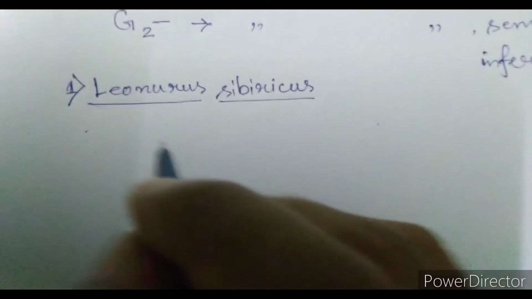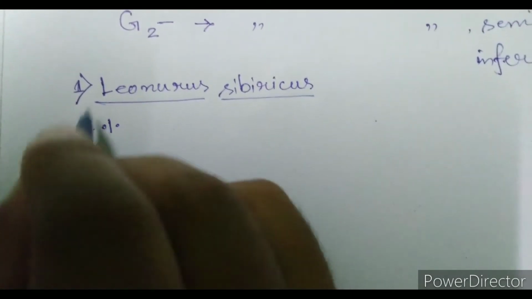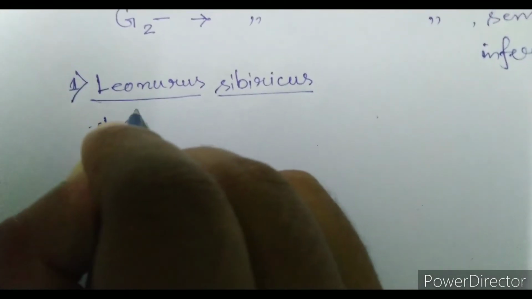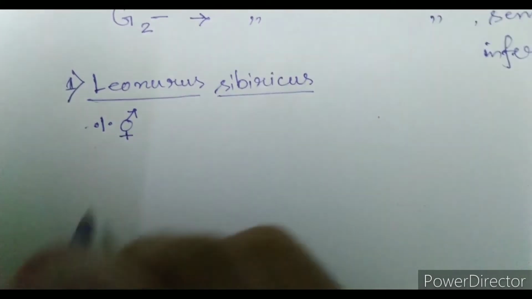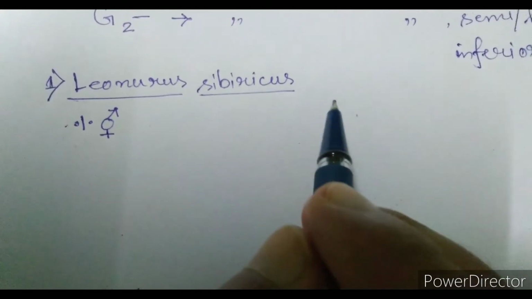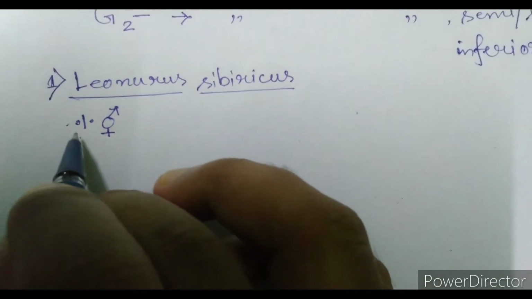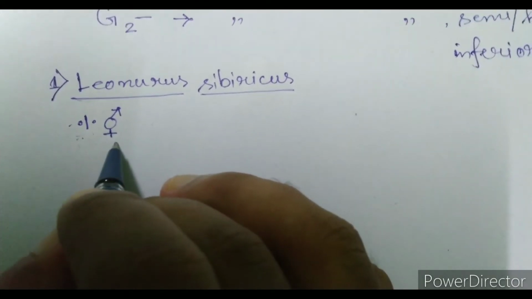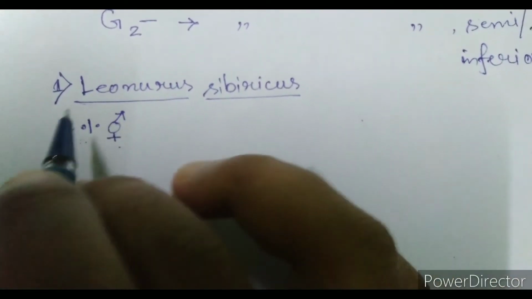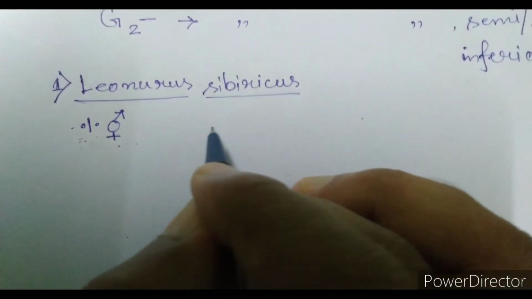Basically, Leonurus sibiricus is a zygomorphic flower. So first of all, we know what is the zygomorphic symbol. So this is the zygomorphic symbol. Next, it is bisexual. Bisexual is indicated by this. And then we use calyx, corolla, androecium and gynoecium one by one. Okay, so first what we do, if it is actinomorphic or zygomorphic, this is the first priority, and second priority is whether this is bisexual or unisexual. So that's the reason we first do these two things, and then we take calyx, corolla, androecium and gynoecium.